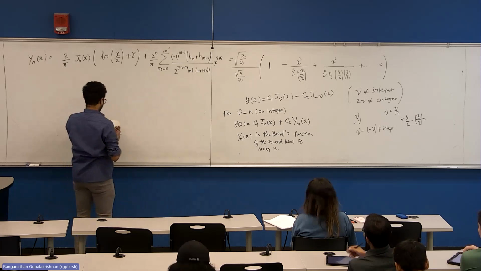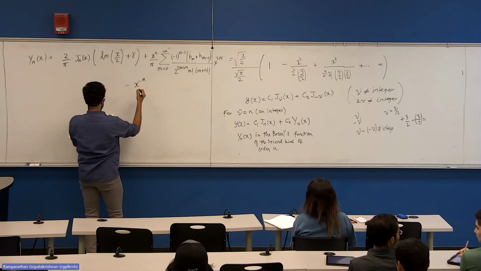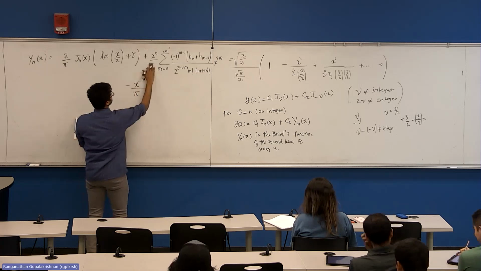You would have already figured out why this is not on the test. Minus x power minus n divided by pi